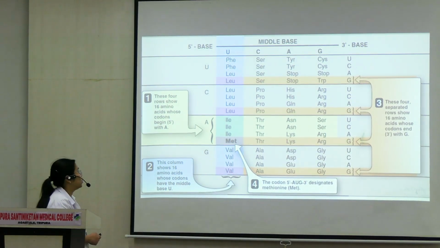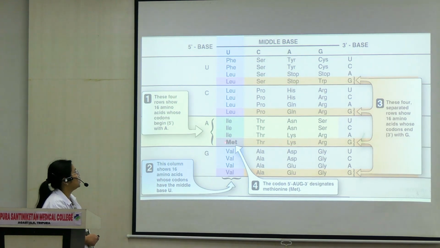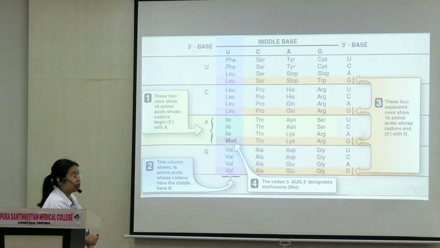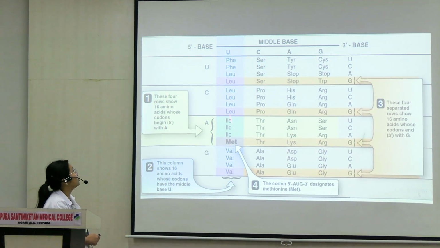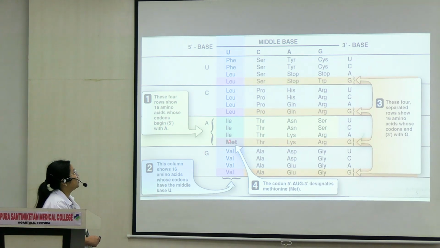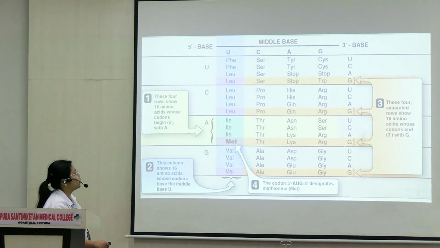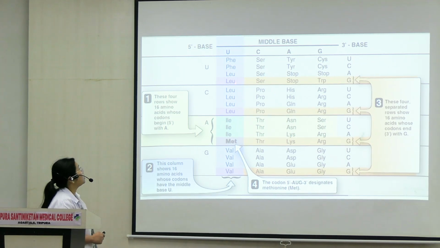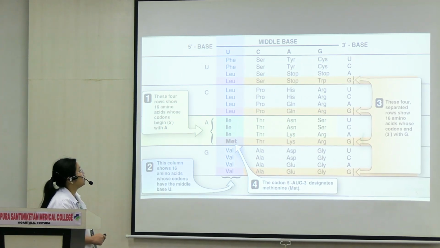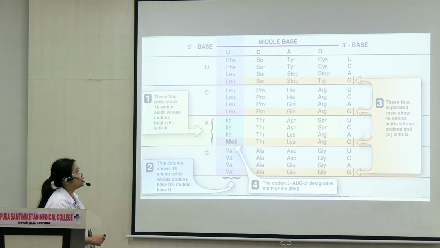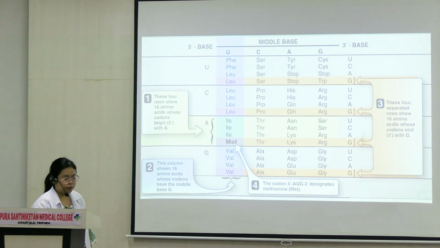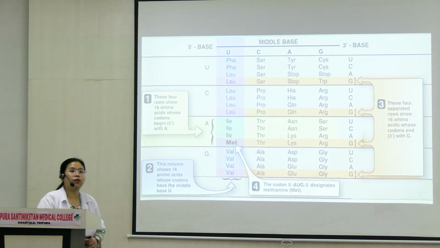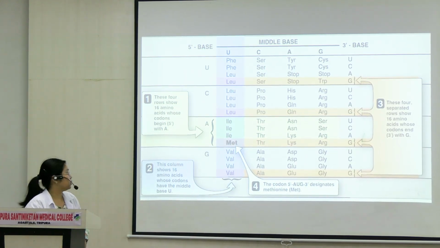In the same way, methionine. If you see methionine here, it is coded by A, the first nucleotide. दूसरा कौन सा होगा? U here, and तीसरा कौन सा होगा? Over here G. AUG codes for methionine. And you would see here there are many leucines, many prolines, many histidines as well. What does it mean? They are coded by different codons.